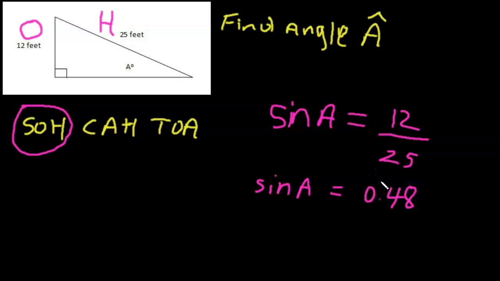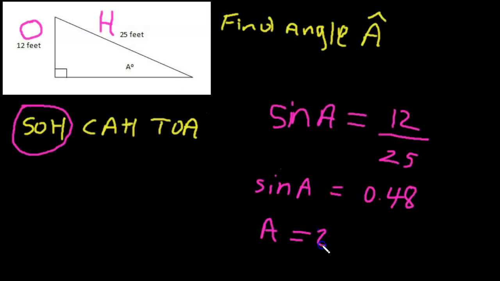Now how do we get the angle? How do we get the size of angle A? So you will use your calculator. Get your calculator out. Clear. Make sure it's in degree mode. So some calculators use shift, some calculators use second function. So you'll press your second function, then your sine, or shift, then sine, then in brackets you put 0.48, close the bracket, punch your equal sign, and I am getting